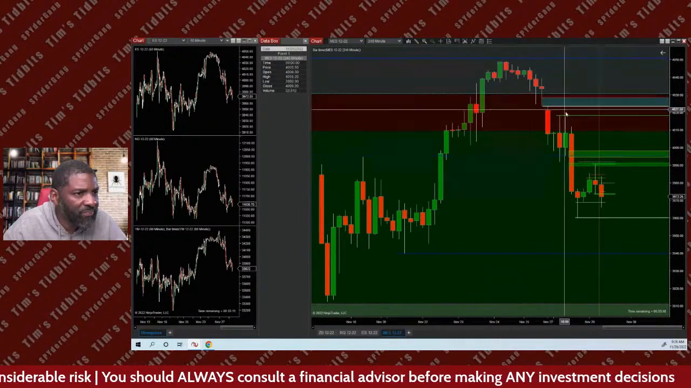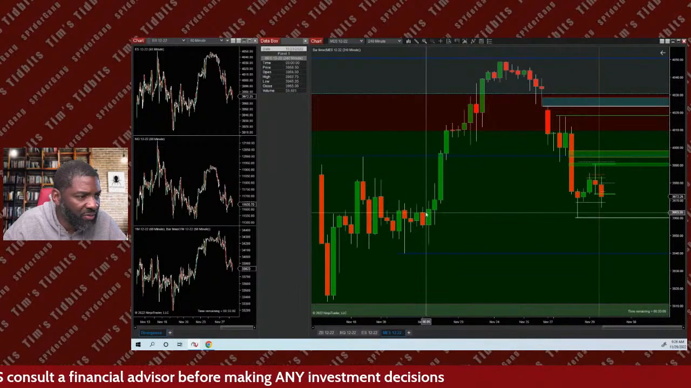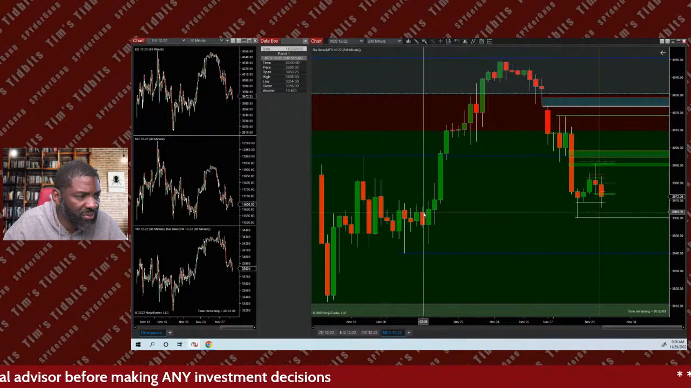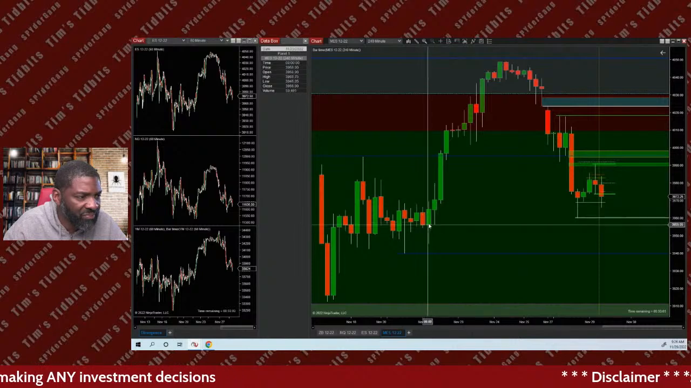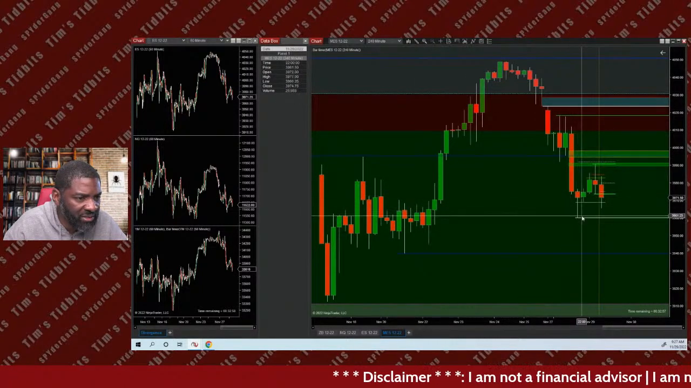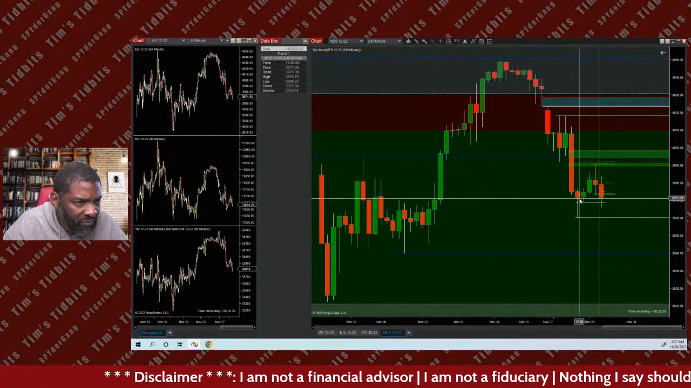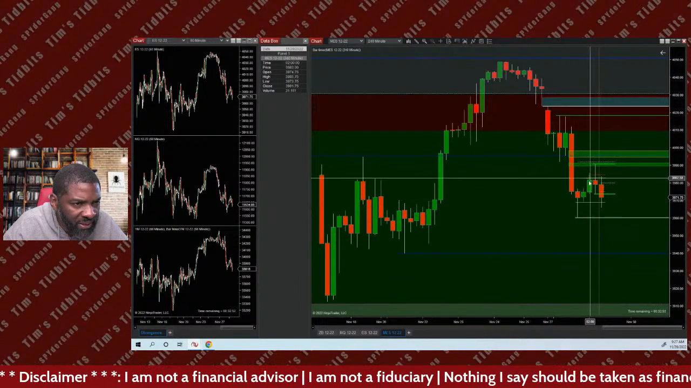So we traded up on the sell model. We came down to a 4 hour order block. This is a bullish order block over here. Red candle, blast off. That's an order block there. We came down to a 4 hour order block and stopped, pushed back up, right? Once we pushed back up, we came